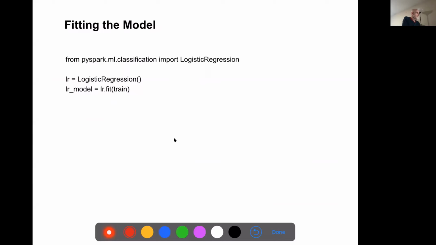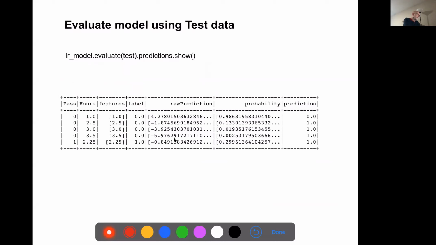Here we just need to look at logistic regression, and then we can train the model. And now we've got the model. And then to put it all in one line, we're evaluating the model on our test data, looking for predictions, and then showing them.